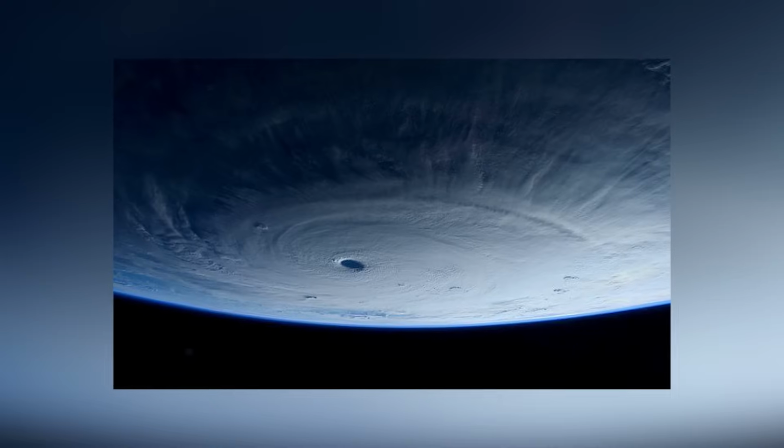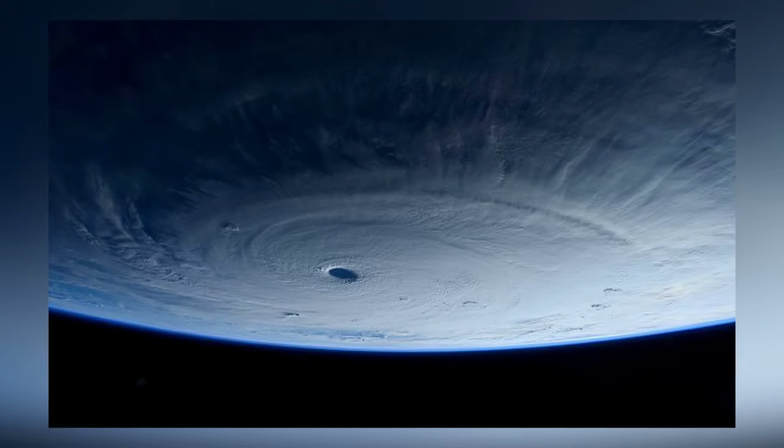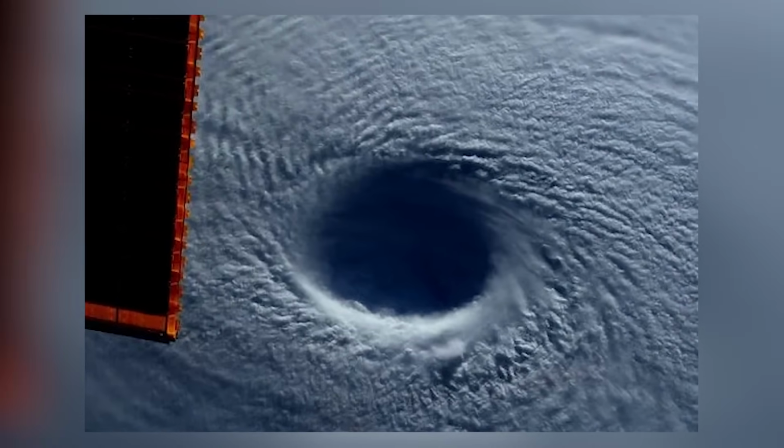Next up, we have another ominous photograph taken from space of the eye of a typhoon hovering in Earth's atmosphere, showing off the extreme magnitude of our planet's natural forces. The image was captured by members aboard the ISS on March 31st of 2015 as the storm made its way towards the Philippines. The astronauts looking down into the eye of the storm stated that it was an incredibly unsettling